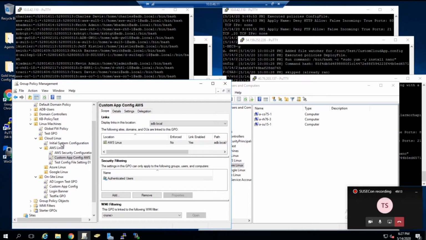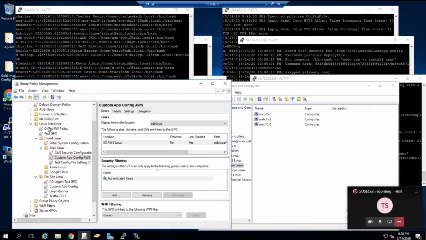And since we honor the OU structure, we'll go back up into the OU structure and continue to add those GPOs as they apply. So as you can see, I'm working in AWS right now, and when my AWS machines come online, they'll immediately get configured, pull down these GPOs,